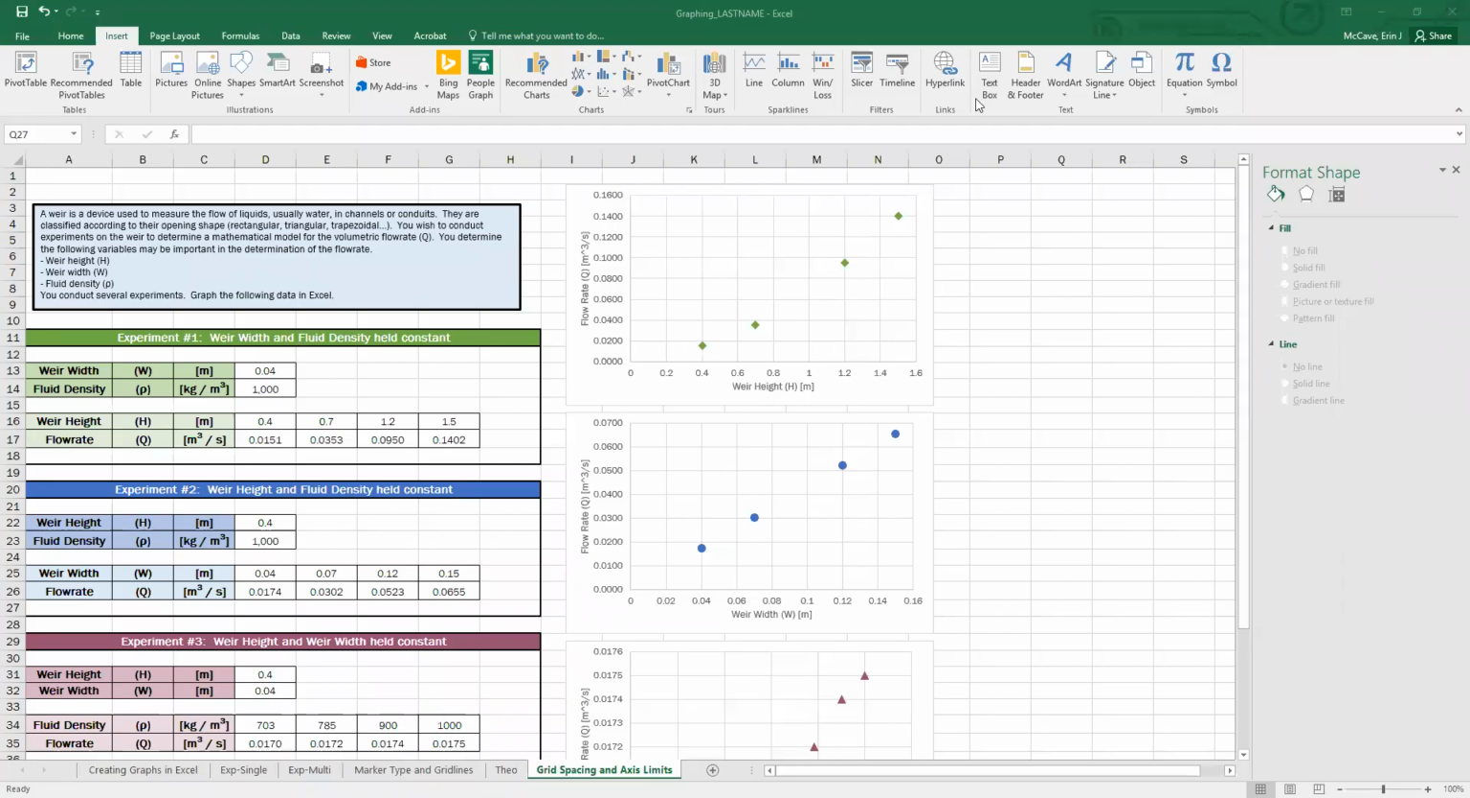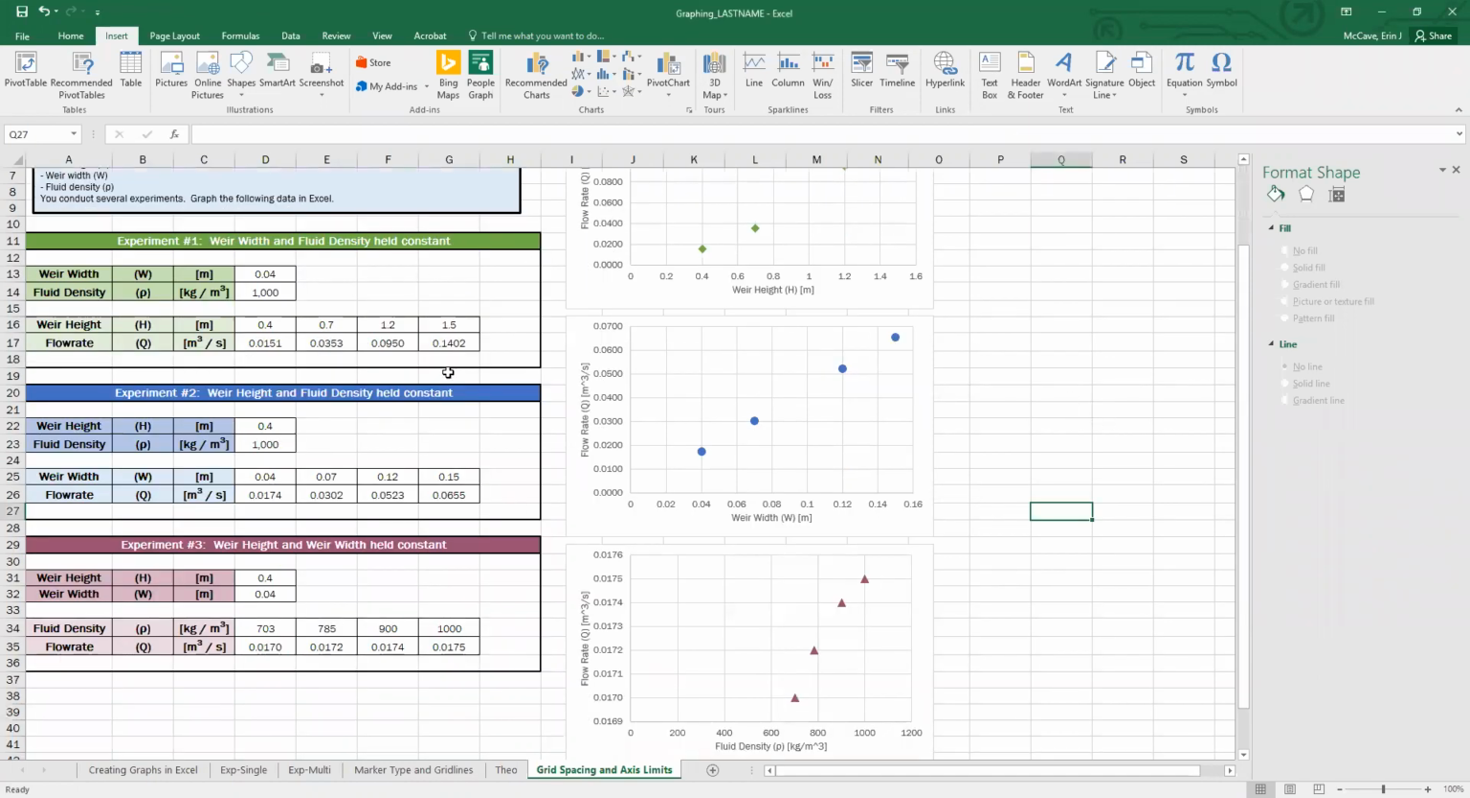In this last video, I want to go over graphing and grid spacing and axis limits, both in our bounds and our increments, and how to adjust those accordingly to make sure that your data is displaying properly. On this third Excel spreadsheet in the graphing demo, we're looking at 3 different